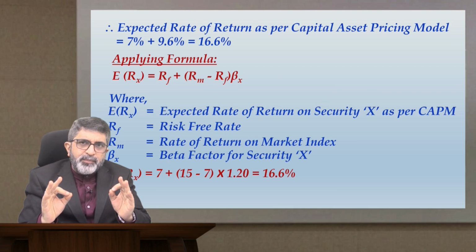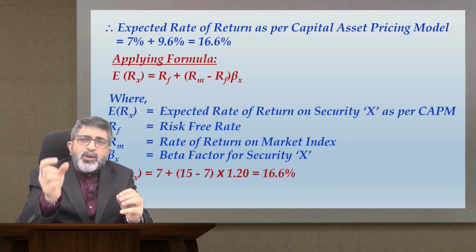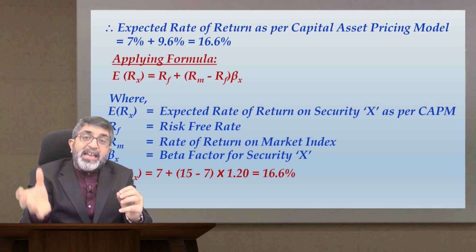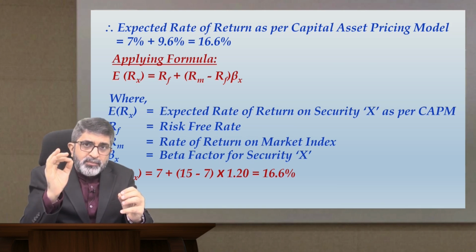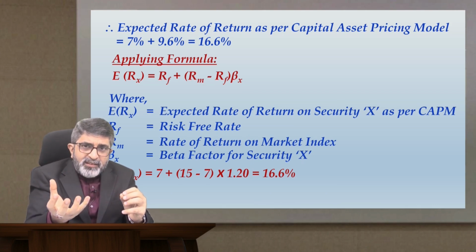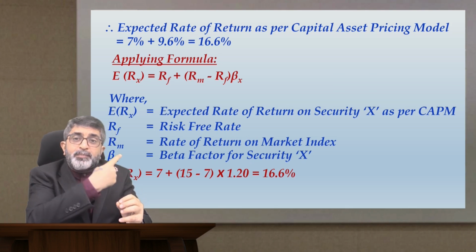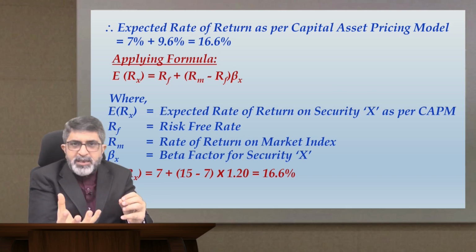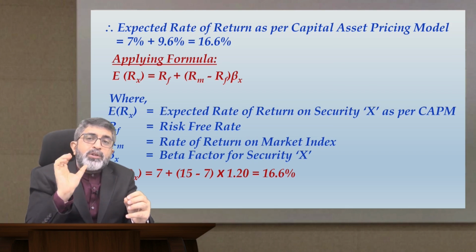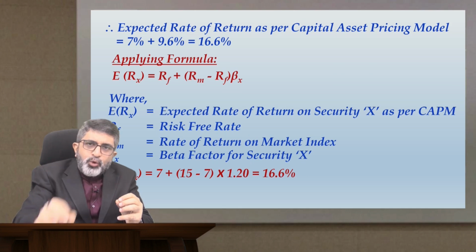It is very simple. The application of this gets extended to what we call as equilibrium price. Note that term, equilibrium price indicates price of the stock that should prevail in the market as per the expected rate of return revealed by CAPM. In other words, it will give you the fair value of the stock. But how do you arrive at that? So you can use Gordon's model,